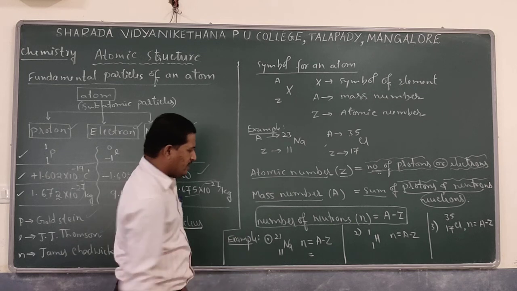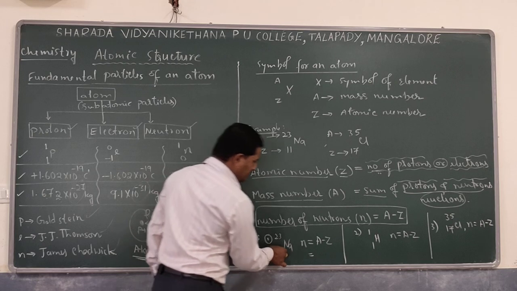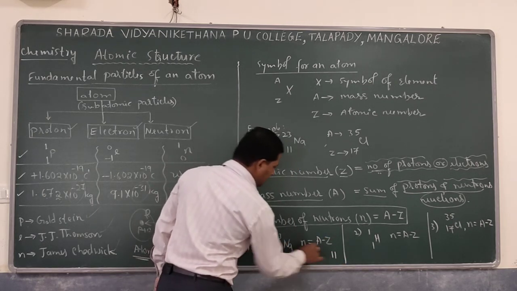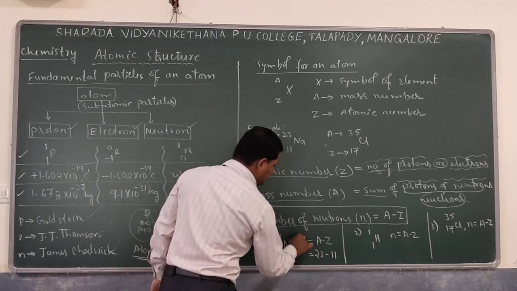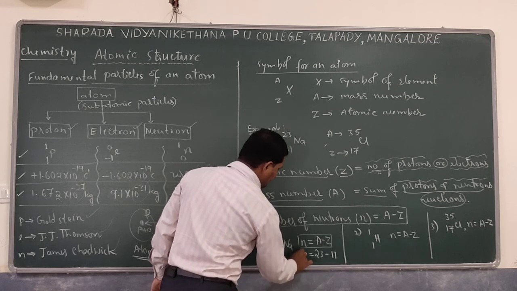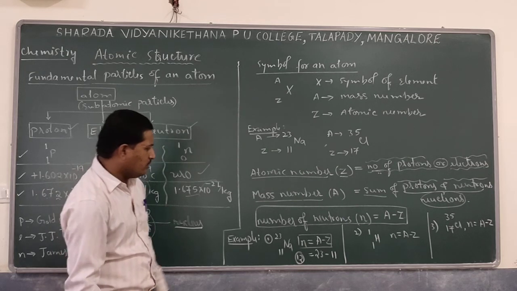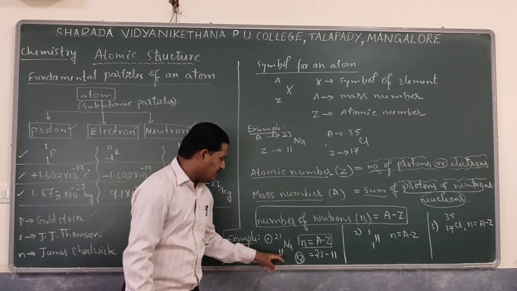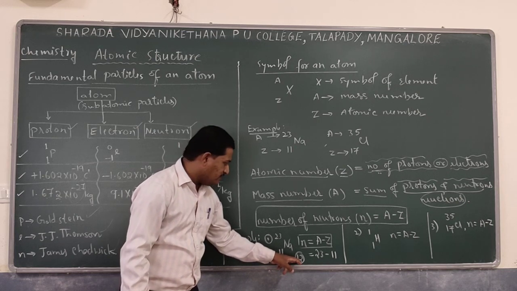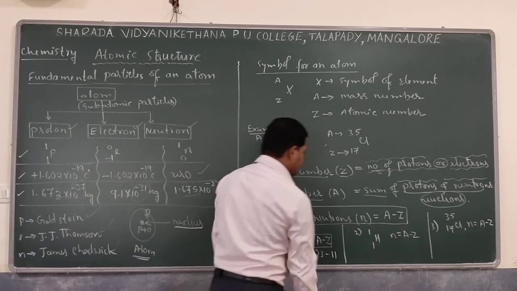Let us go with one example. I have sodium 11, Na23. In this case, the atomic number is 11, that is, the Z value is going to be 11, whereas the mass number is 23, the A value is going to be 23. So A minus Z tells about the number of neutrons present. So 23 minus 11 is exactly equal to 12. So the number of neutrons present in sodium is going to be 12. That says sodium has 11 electrons and 12 neutrons present, and easily one can find out the protons, neutrons and electrons using this relation.